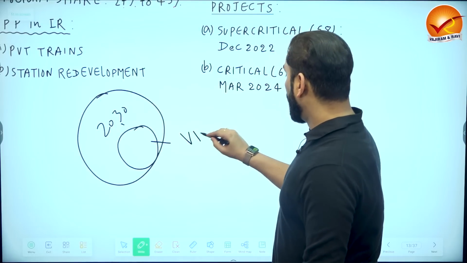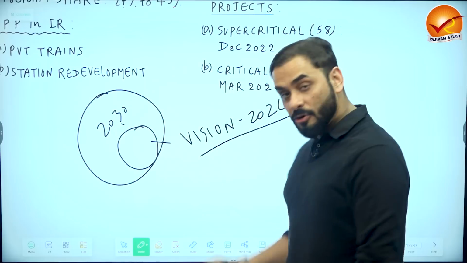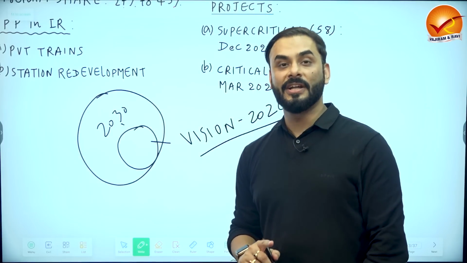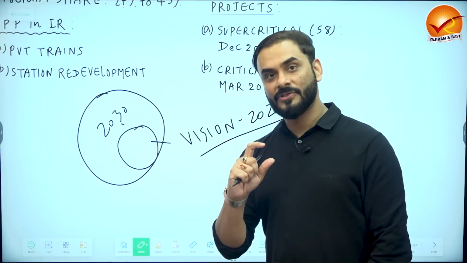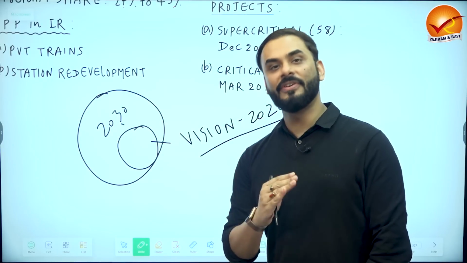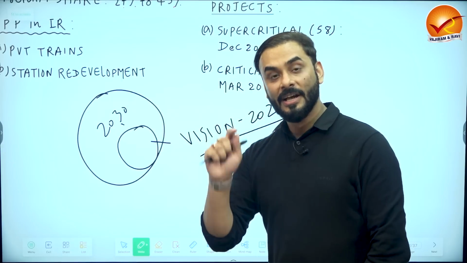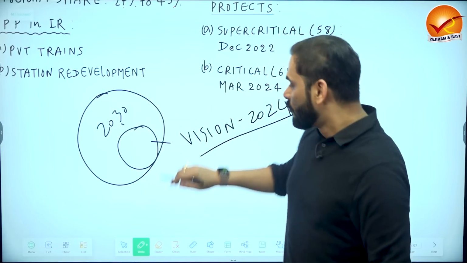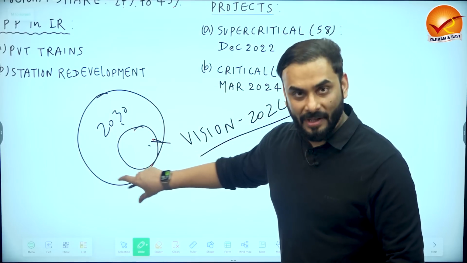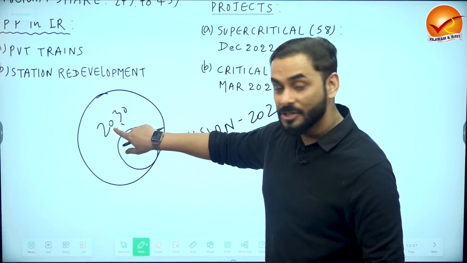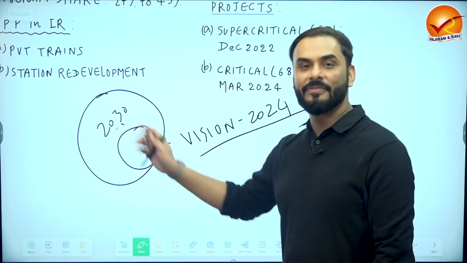These targets are called as Vision 2024. So the Government of India has said that the government wants to achieve some objectives which they have already started. It's unfinished agenda which the government wants to achieve in short term, even before 2030. By 2024, they want to achieve it. So Vision 2024 is nothing but one of the set of targets from National Rail Plan 2030 itself. All right. So Vision 24 is nothing. It's a part of National Rail Plan.